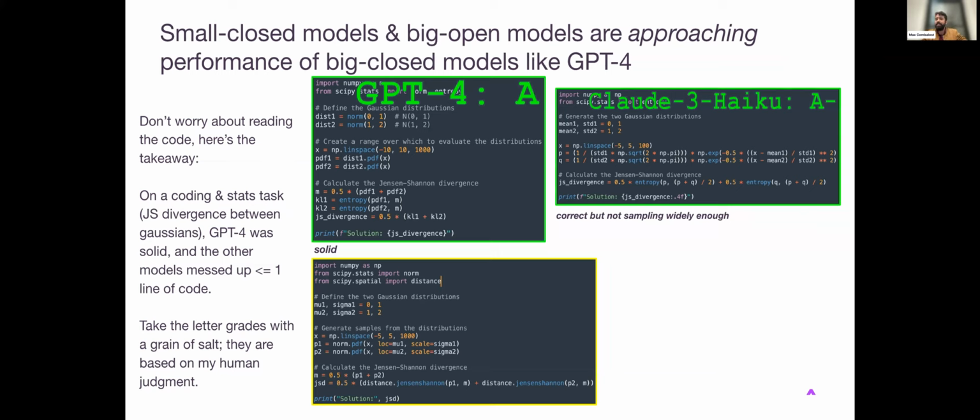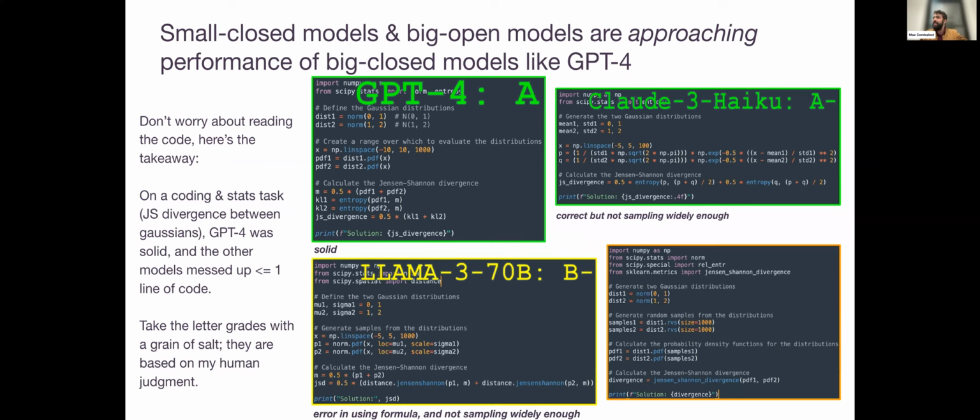This third block of code has the weakness that it makes the same sampling mistake and it is implementing the distance formula incorrectly. So this is from Llama 3 70B. And so this grade gets a B- because there's more than one error taking place. And then this code block here, it would have a chance of being correct, except there is no function in the scikit-learn library called Jensen-Shannon divergence. This was a hallucinated function from the DBRX model, and it's a common failure mode of LLMs writing code that they will write a function that doesn't exist, but maybe it is a function that could exist in certain popular